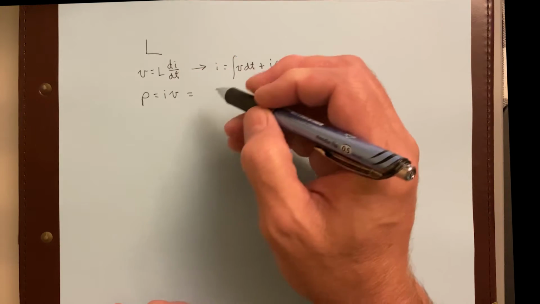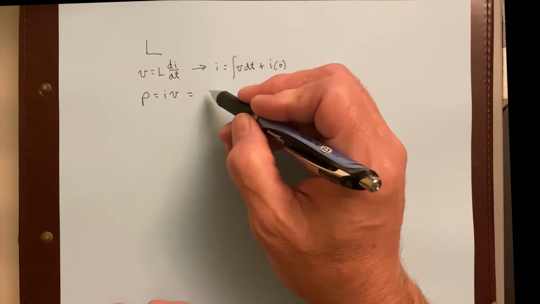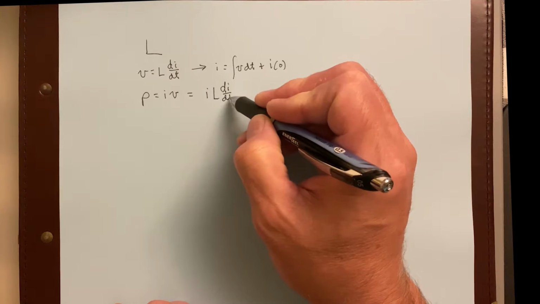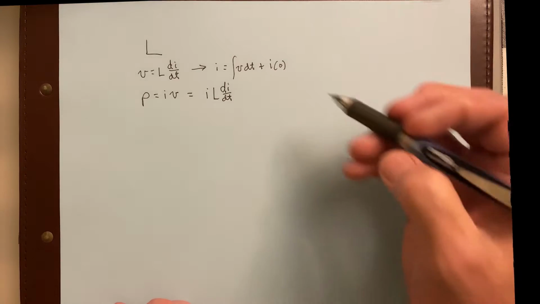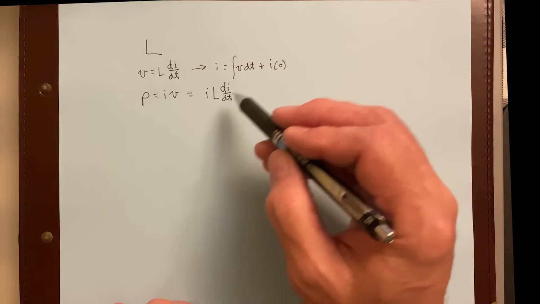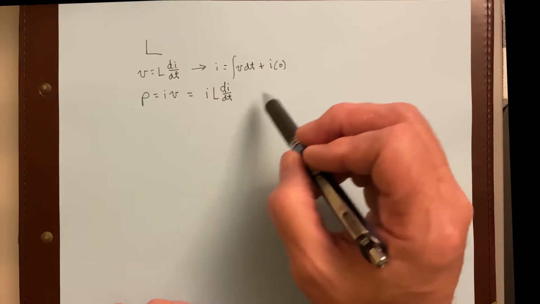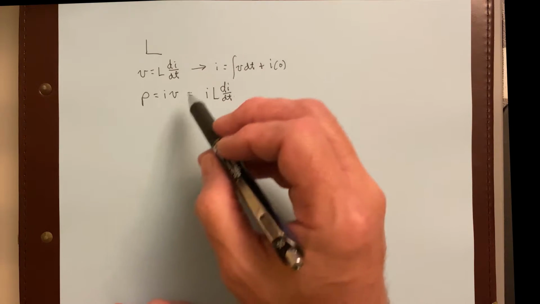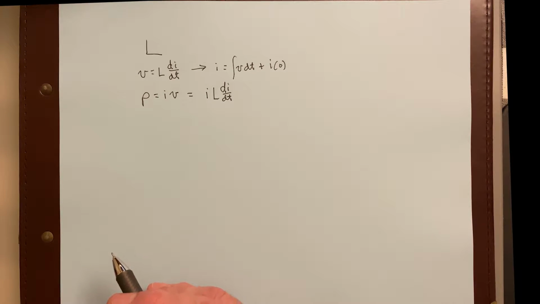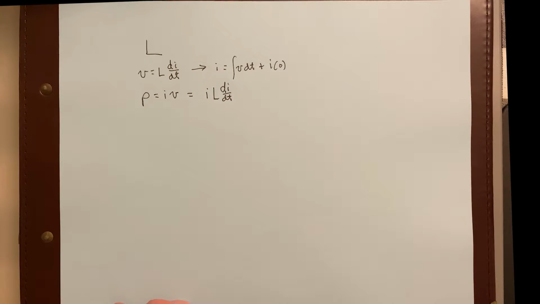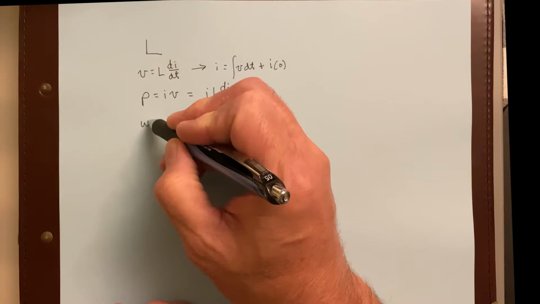So if you take the V and substitute it in, you're going to get I L di/dt. If you substitute in the I, it's going to look very different, but I'm not going to write that one down, but you get the idea. So I L di/dt, that's power for an inductor. And then something else we're interested in is the amount of energy. Remember, the energy is stored inside the magnetic field inside the inductor. So energy